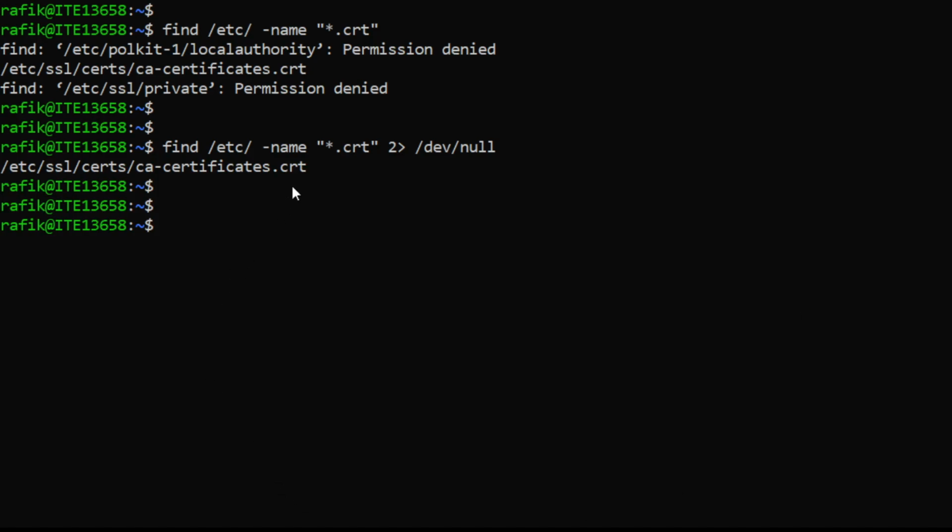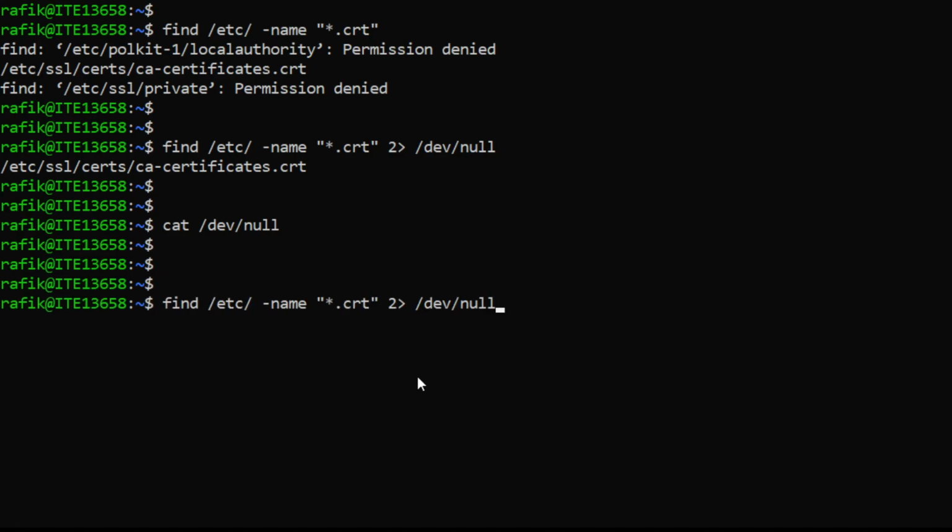So only the normal output, the standard output, is shown here on our screen, but the errors have been redirected to this device, and they are not saved in this device. Whatever you redirect to this file will disappear forever. And you can do much more. For example, if I want to get rid of the errors like this, but I want to redirect the standard output to a file,